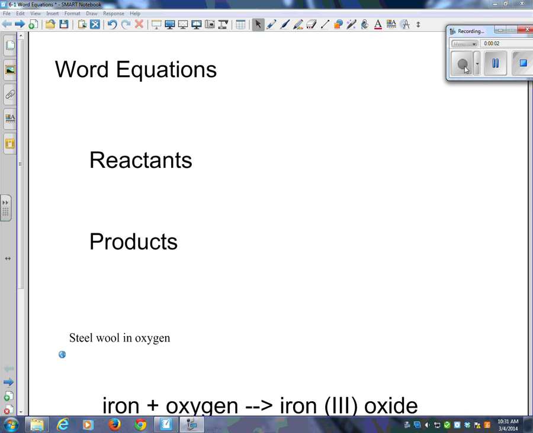Alright, so we're going to deal with word equations today, which is sort of the beginning of the balancing of